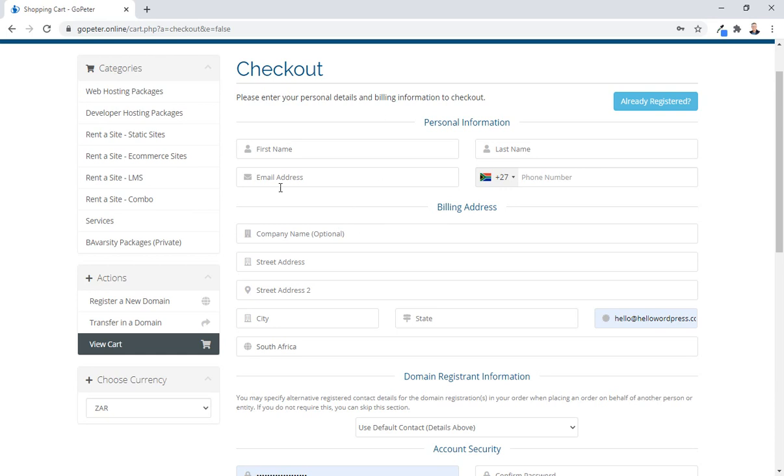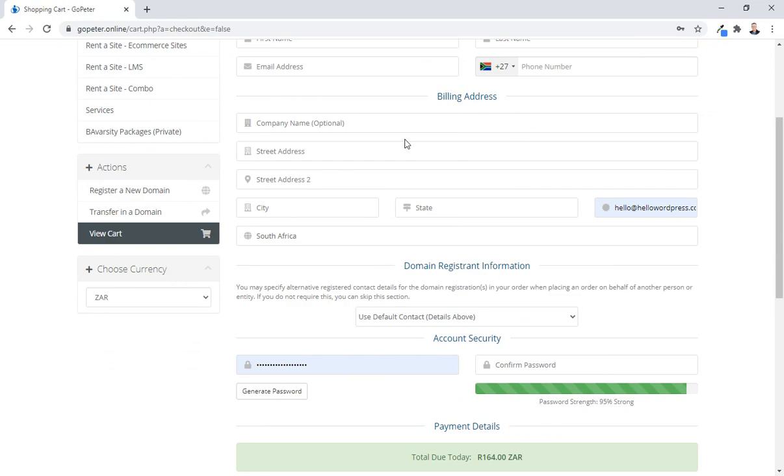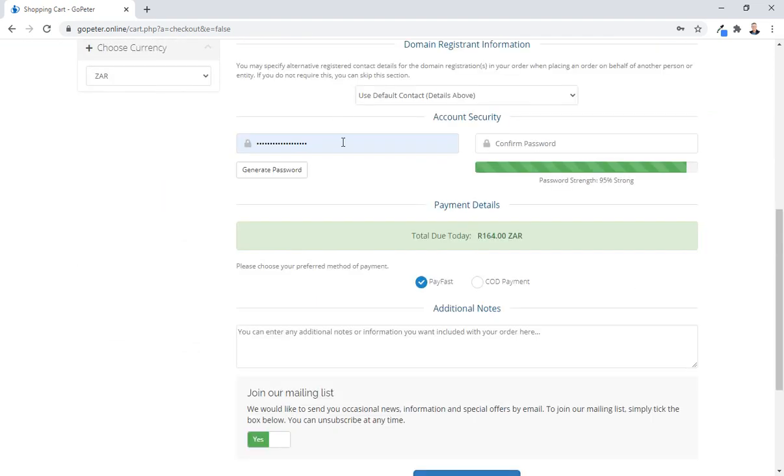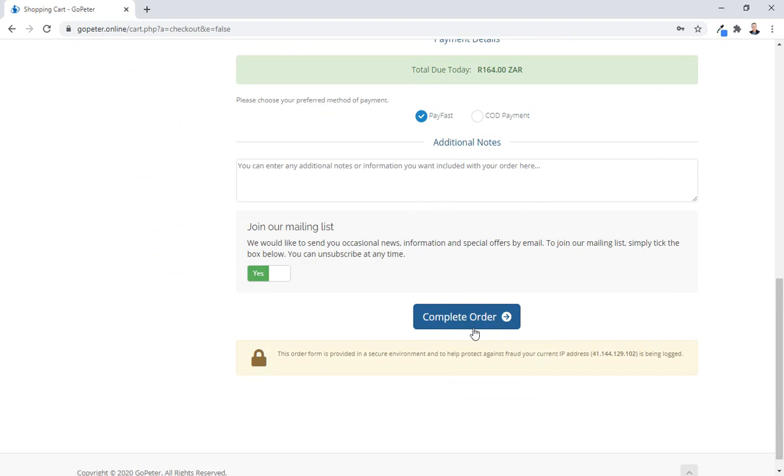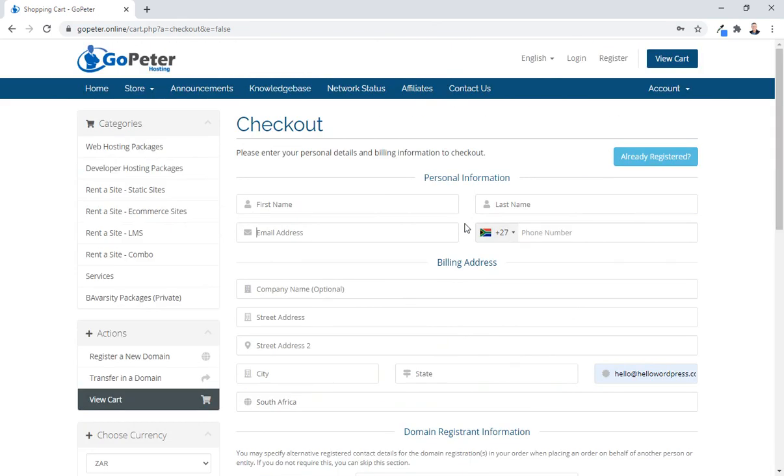Right, simply complete the whole form. I'm not going to do that now. I've already opened up this account. Fill in all the details and then proceed to the payment gateway. And once you've paid, then you will be redirected back to our website. Once you're back at the website,